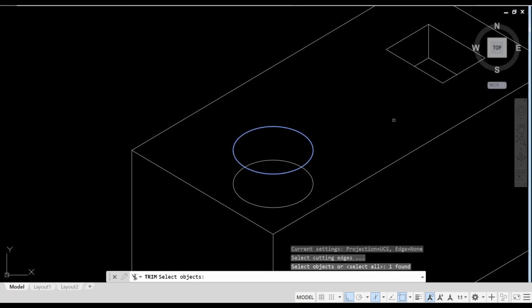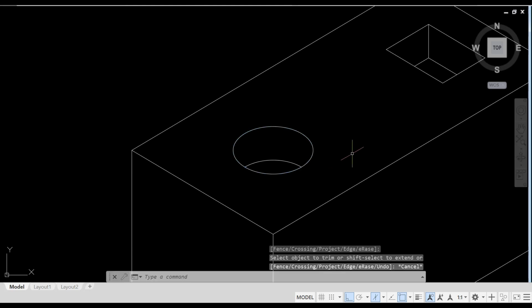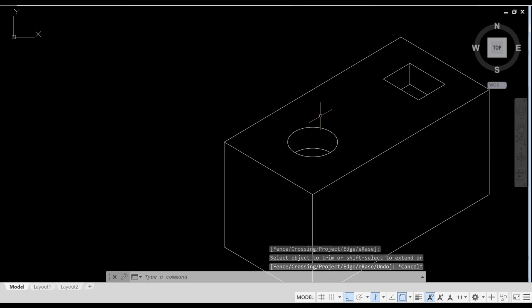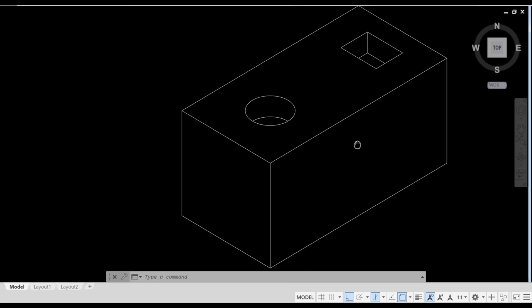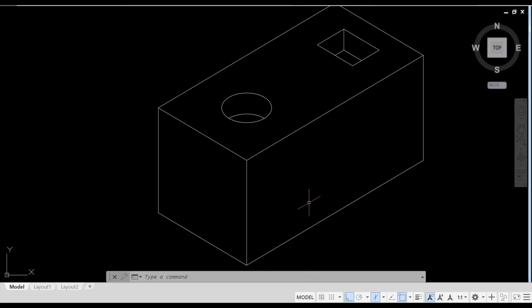Select the top circle as a reference. Now select the bottom circle so that it will be getting trimmed. So like that I can draw a cylindrical hole, that is a deep hole of 20 on the top face. And in the next, what we need to do, we need to draw a